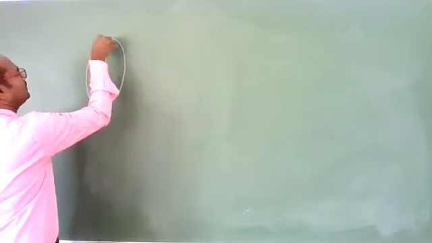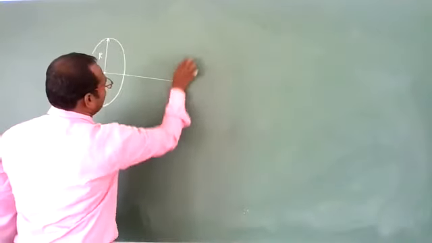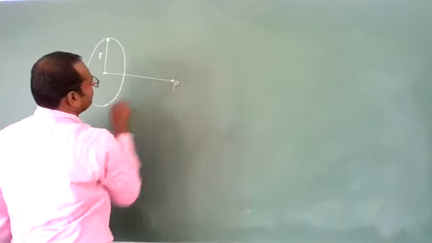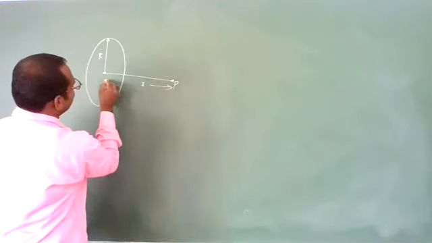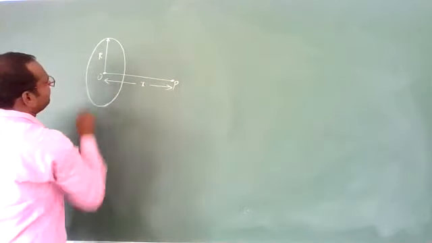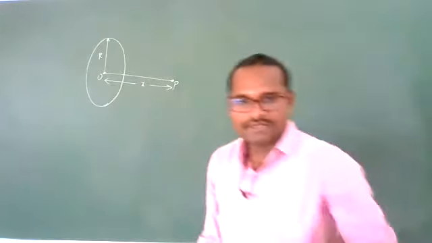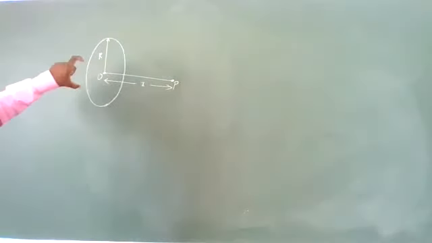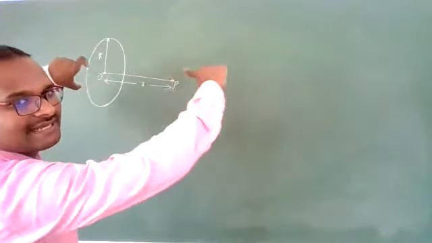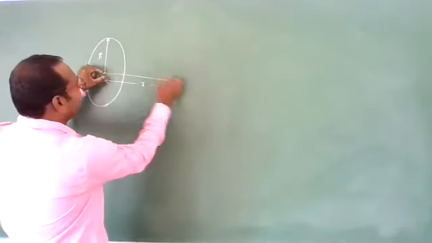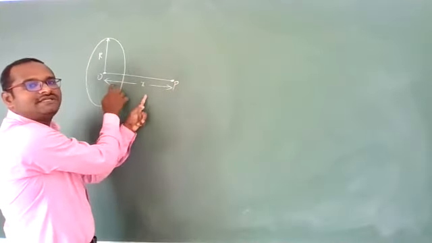Now this will be the axial line of the ring. At this point P, we want the electric field. This point P is at a distance of x from the center of the ring. Are you understanding what I am doing? The ring I have kept perpendicular to the board. From the center I have taken one line, the axial line. On that axial line, at one particular point P at a distance x from the center, we need to